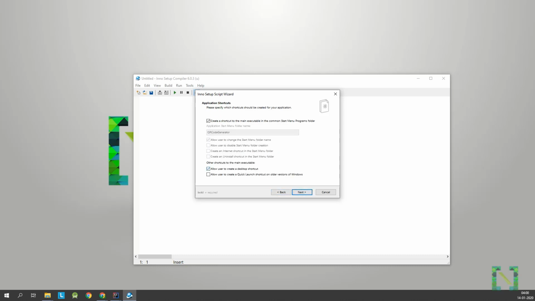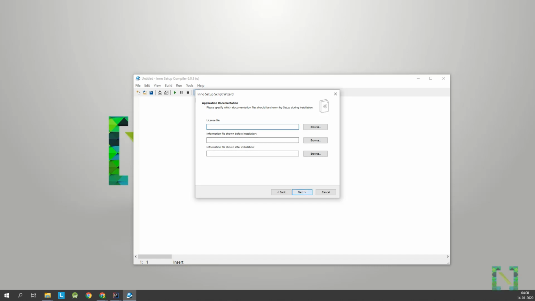Select Administrative Install Mode if you are mentioning your application path in a C drive. If your application does not require write permission, then you are not required the admin option.